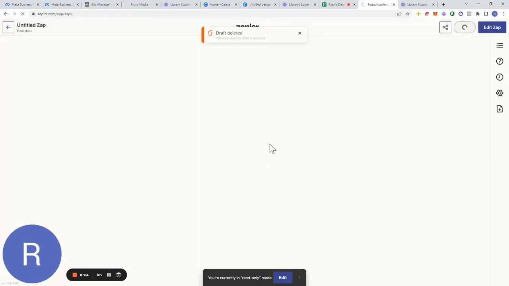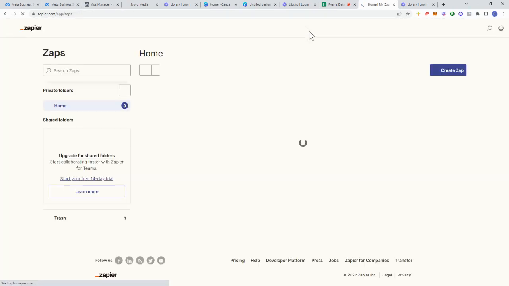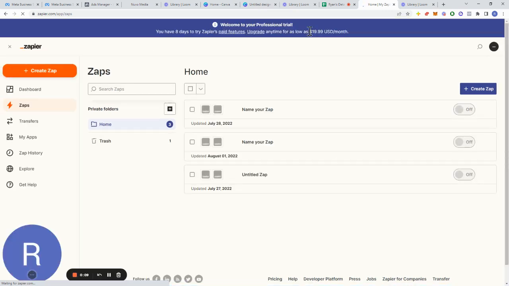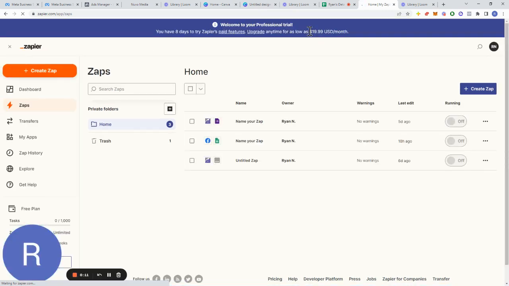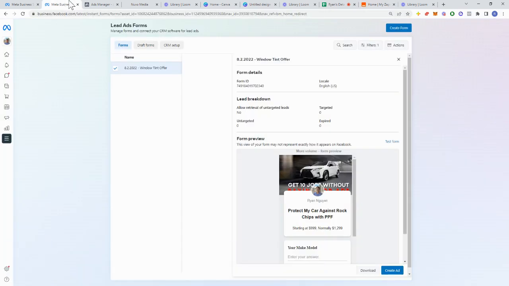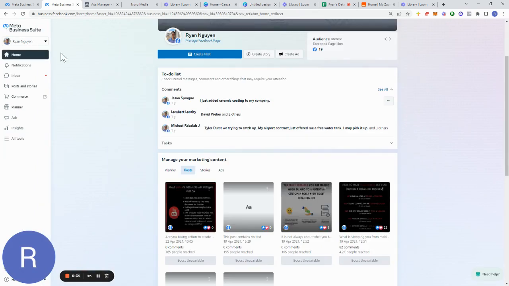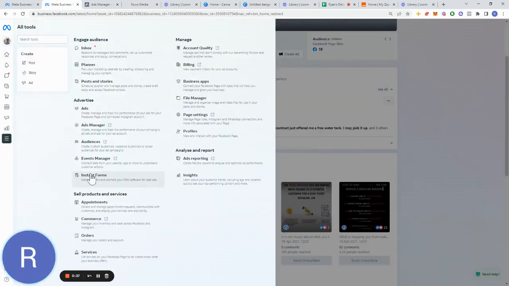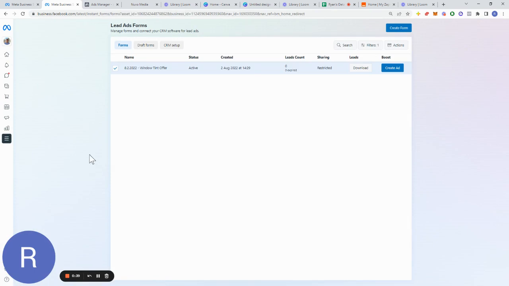So I am going to show you guys a cost-effective way to create a CRM. If you don't have one, I know it's pretty popular. There's YourAble, there's TintWiz, ShopMonkey that integrates with your leads that come in from Facebook. So first thing you want to do when you create your lead form is just submit a test. If you go to your actual page here, and go to Home, and then go to All Tools, go to Instant Forms, and then